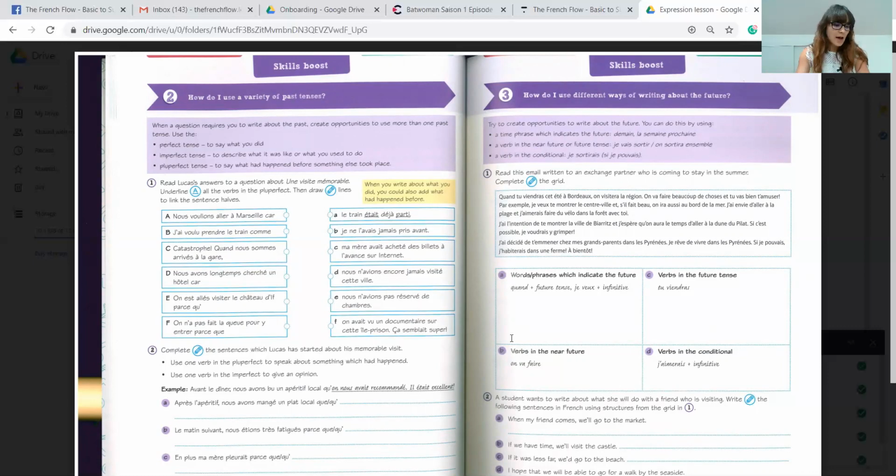There we are. That kind of situation would be the perfect tense, the passé composé. But then think about if you're telling about something, a routine in the past, like I told you earlier. When I was young, I used to wake up every day at 7 and then eat my breakfast, go to school. There you are. When I was young, I used to